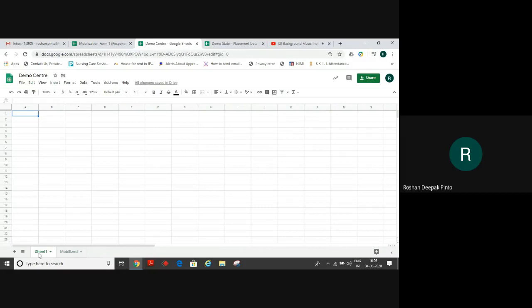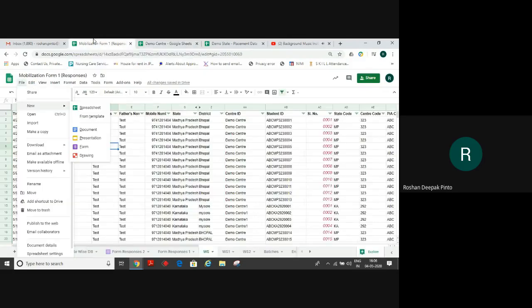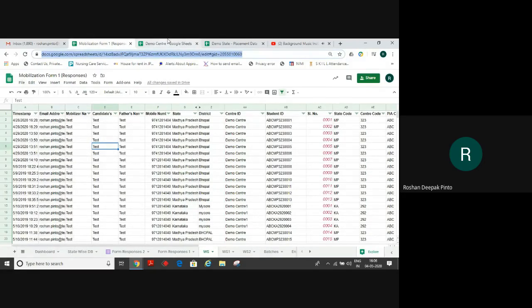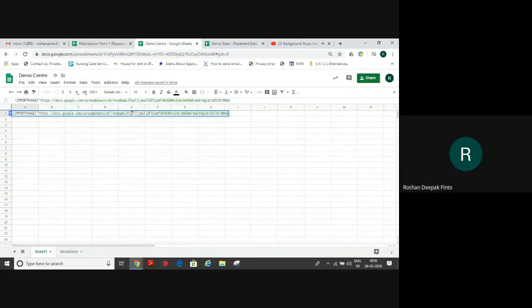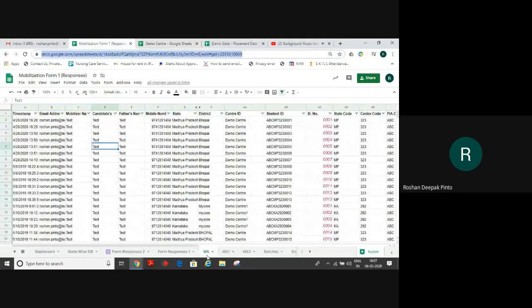For this, I will be using the formula equal to IMPORTRANGE. I'll open the inverted commas, go back to the mobilization sheet, copy the complete URL address, and paste it here. You see it is pasted here. I close the inverted commas and put a comma, then open the inverted commas again. Now I want to say from which sheet I am fetching the data: from the base sheet, that is the working sheet, WS, from A till AB.